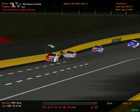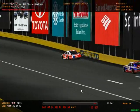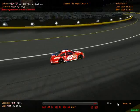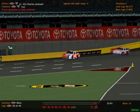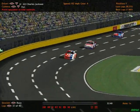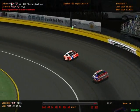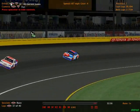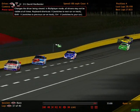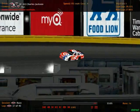It's like these guys aren't very off the pace. A lot of the drivers that are off the pace started up near the front of the single file restart, and looks like that is probably good to get Charles Jackson the victory. Let's see of these front 4. 55 to 266, so 190. David Rochester, 3rd and 4th are the 2 fastest, but unfortunately, they still got to get around a few guys to win this